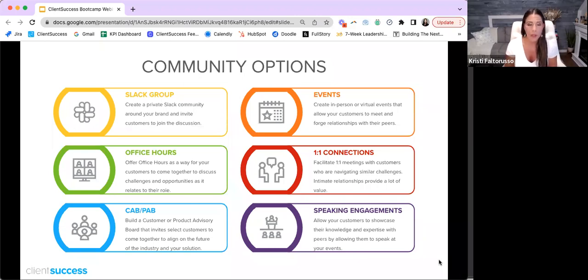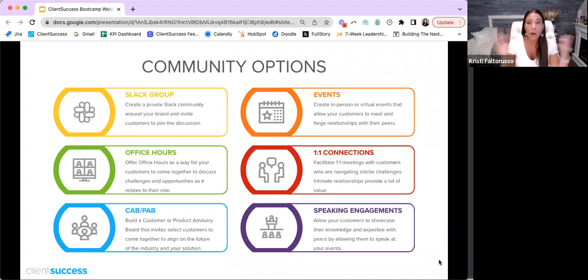The next thing to think through is creating a customer advisory board or a product advisory board. I talked about this, I think it was two or three bootcamp series ago, where we tackled creating a customer advisory board. But these are two really great options for bringing your community together. Now, different scale and different sizes for different organizations. For some businesses, I've actually seen that they've had a customer advisory board, which was really focused on the industry and where it was headed and thought leadership and things like that. And then a product advisory board where these individuals were really beneficial in having conversations around the product and the direction it needed to go to best serve the industry.